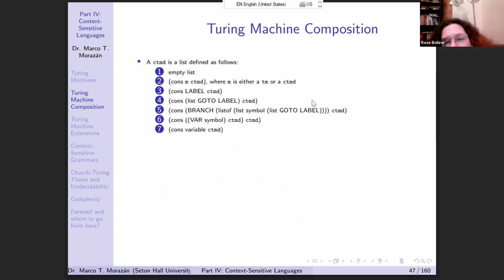And so the CTMD, this composed Turing machine diagram, is a mini programming language with 7 different things. It could be empty. It could be a sequential composition using cons. We could be defining a label, assigning a label or a name to a command. We'd have a go-to operation that jumps to a command that's already been labeled. We can have a conditional branch, which, depending on what symbol it sees, goes to different labels. And then we could also